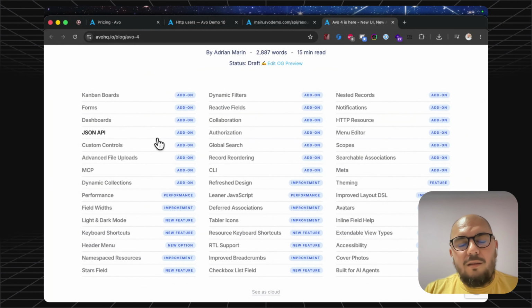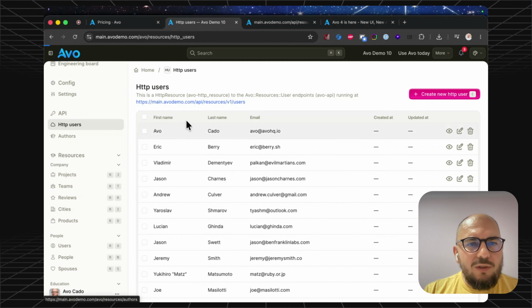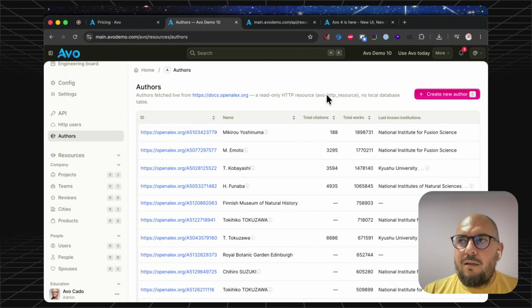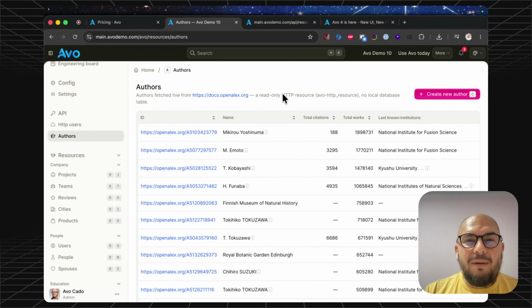Similar to JSON API, the reverse probably is the HTTP resource. You've told us that you have data in places which you access using an HTTP endpoint, a RESTful endpoint, and you would like to be able to see them inside my control panel, my admin panel. So we built that for you. So we have resources which are not backed by the database. We had them before. They were called array resources. So you basically pass them an array, but they weren't very performant when we wanted to do HTTP endpoints,